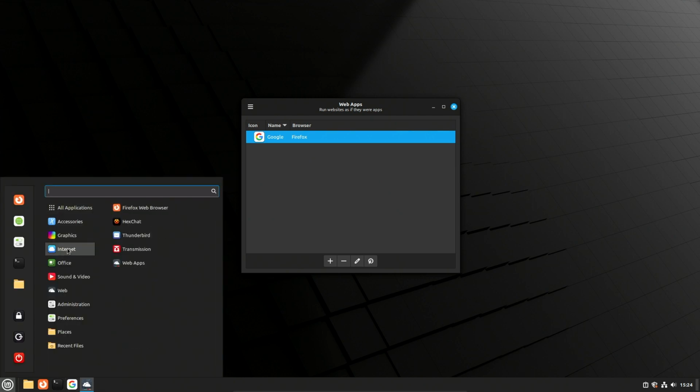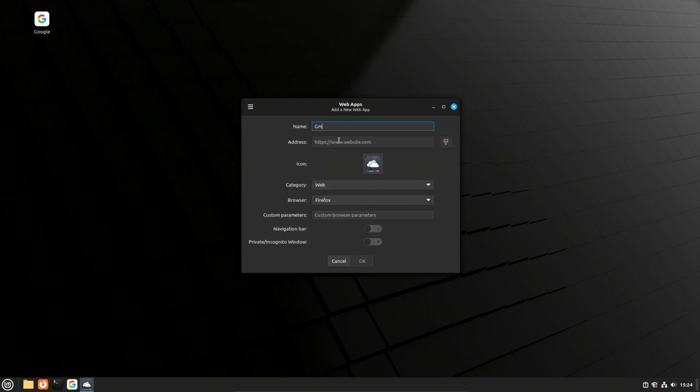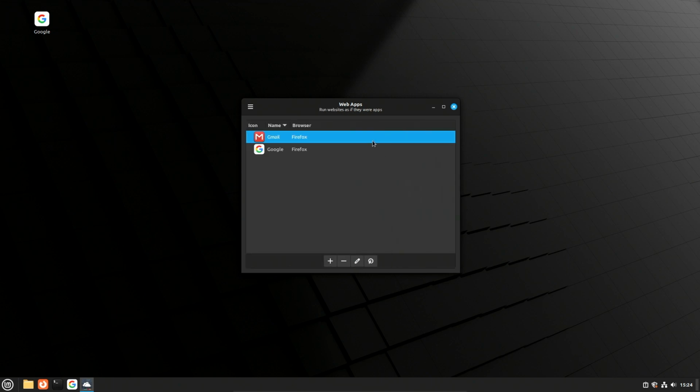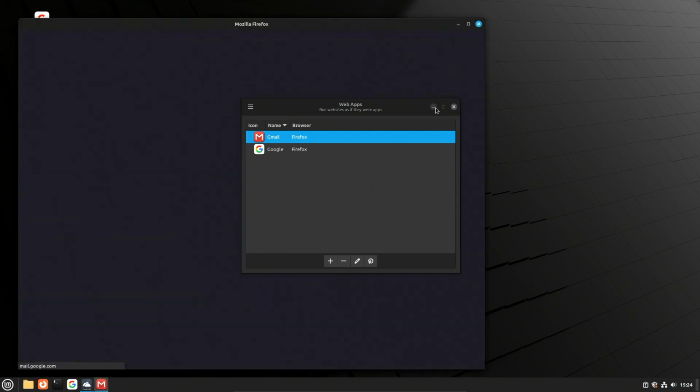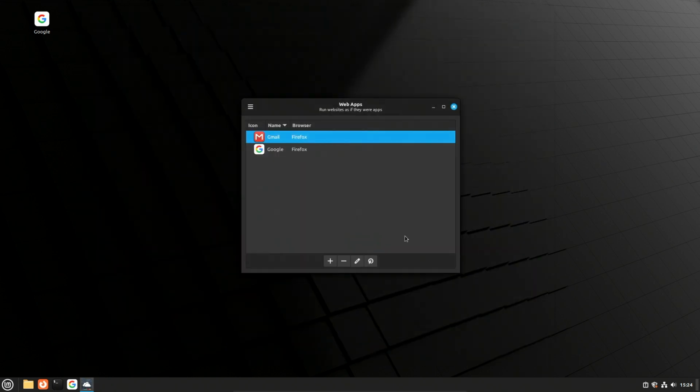I can actually come in here as well, and we can do the same thing to the desktop. So now I have a Google desktop icon. So, you know, maybe you've got a family member that's not as technical and you just want to make their life really easy and they use just a few things. I could see a use case for this where, for example, let's say they use Gmail, put in Gmail here. Okay, if they use a lot of web apps, hit OK. And now I can then open it just to make sure it's working. There it is. We have the Gmail login.